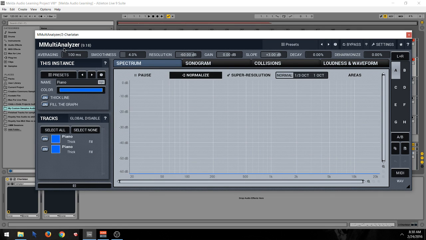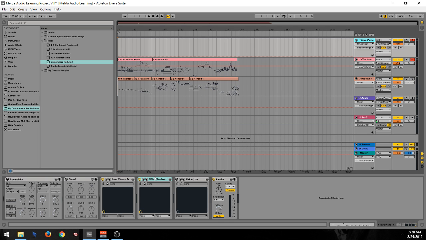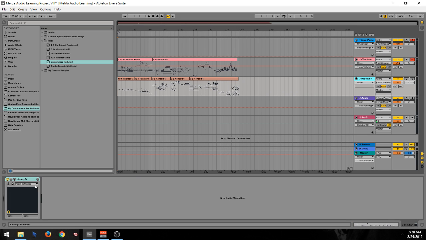Hey, so this will be another user-created tutorial. This one's on MMultiAnalyzer. This is a plugin by MeldaProductions. And what we do with this plugin is we load it into every instance that we want to analyze, and then it automatically syncs the data from the different